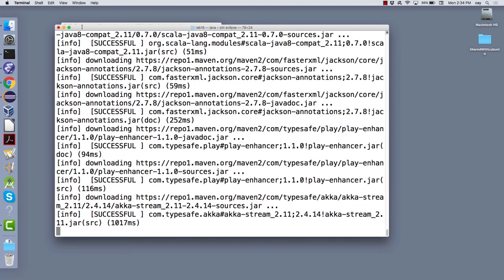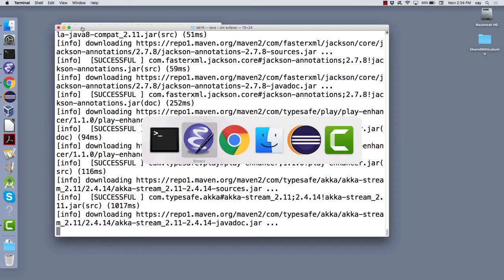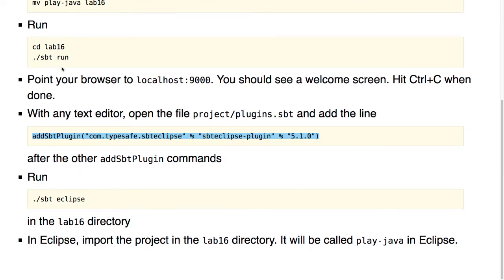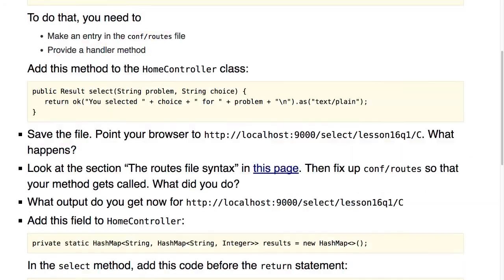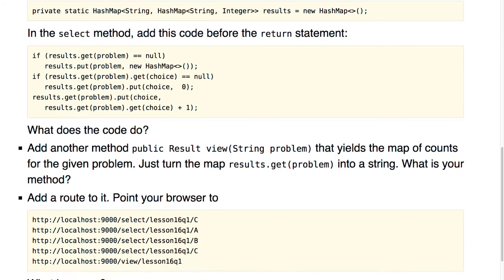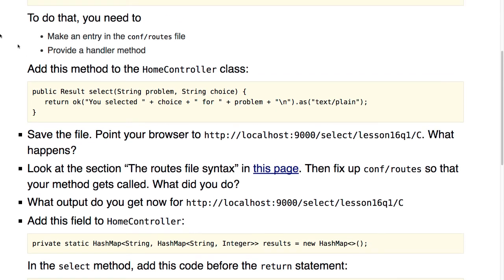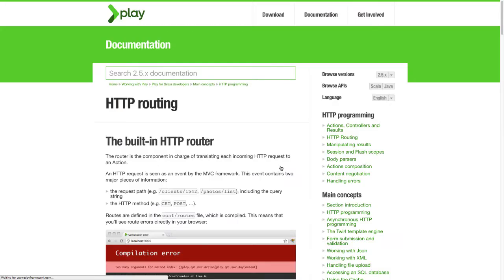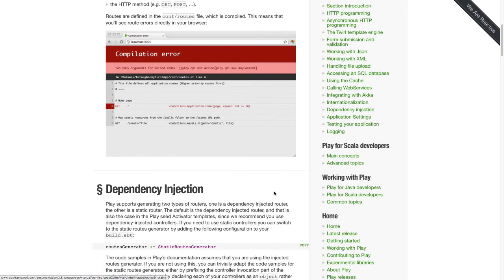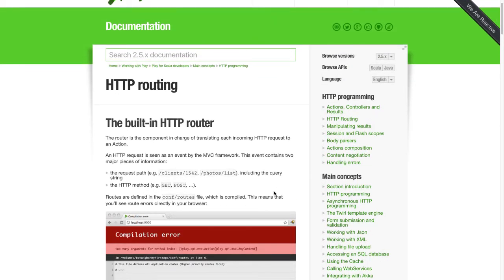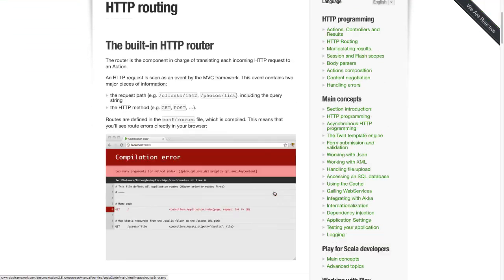All right, so while it's doing this part here, let me go over. So probably most of you got to this point where I'm asking you to make a change to the route file, and then some of you must have gotten stuck with how to do that. So this is what you do: you stare at the syntax here, and we'll find what looks like a good example